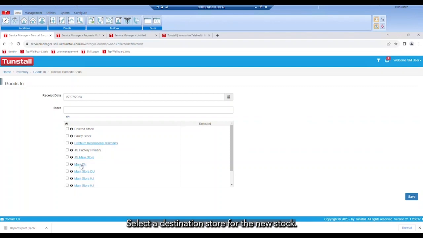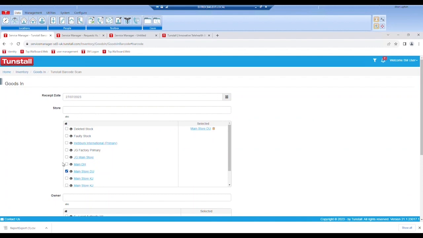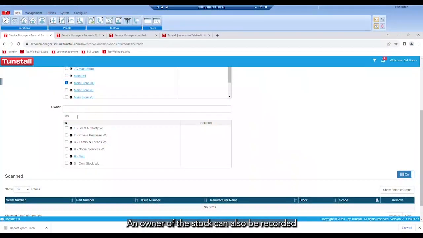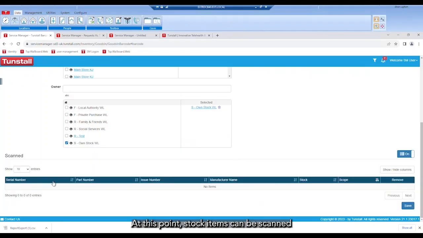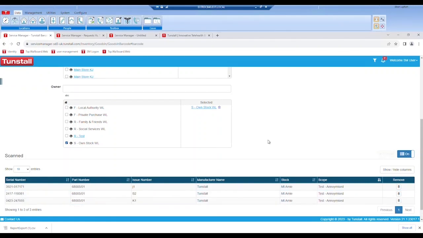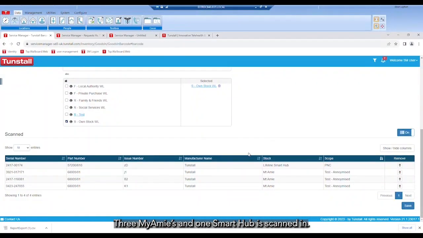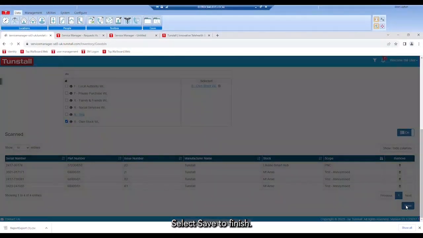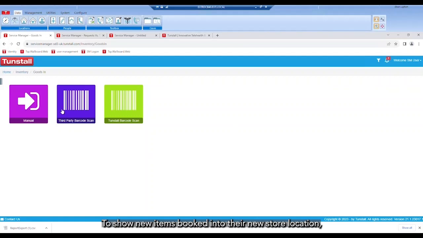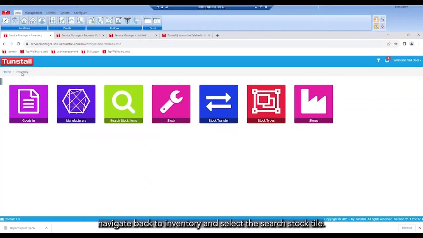Select a destination store for the new stock. An owner of the stock can also be recorded. At this point, stock items can be scanned. 3 MyMEs and 1 Smart Hub is scanned in. Select Save to finish. To show new items booked into their new store location, navigate back to Inventory and select